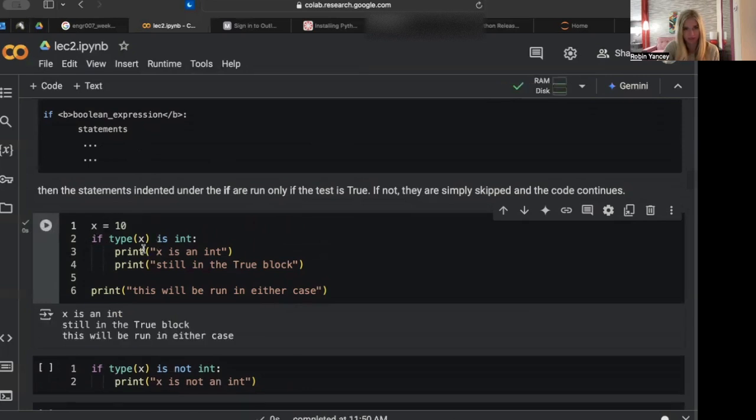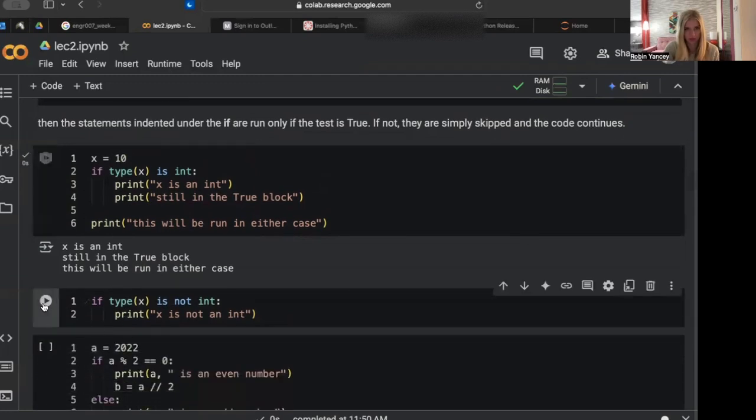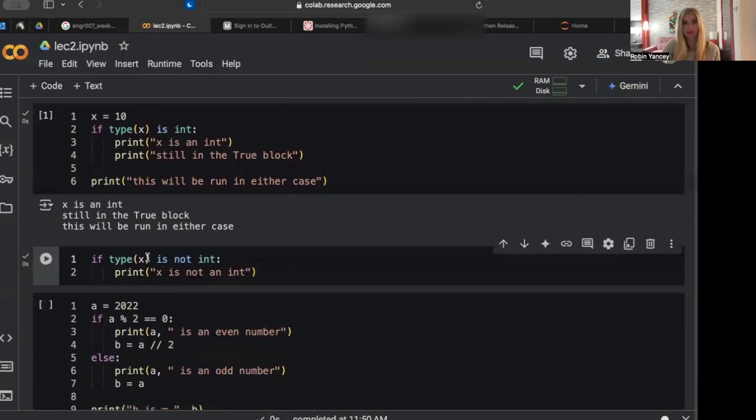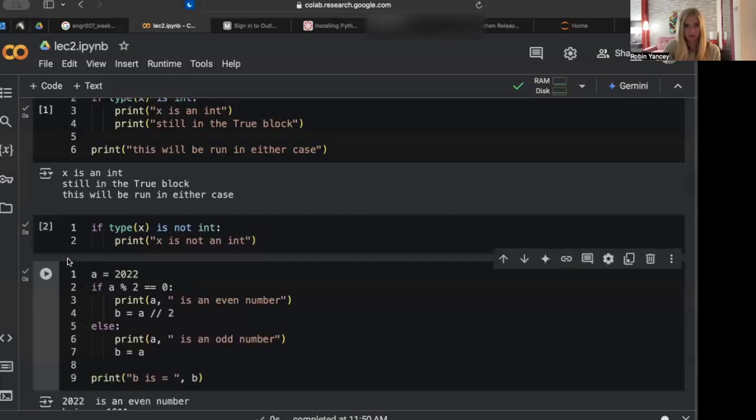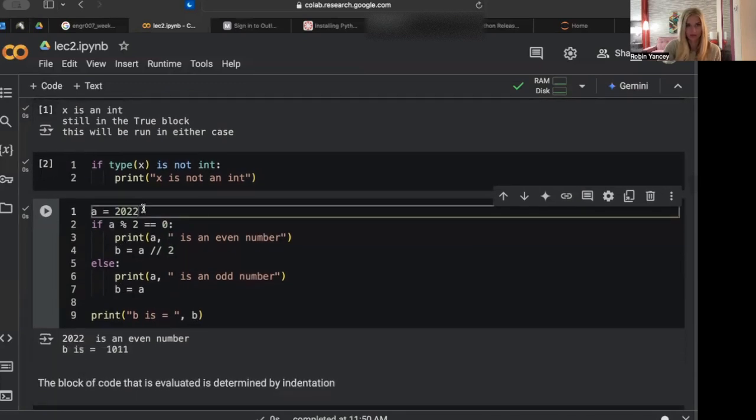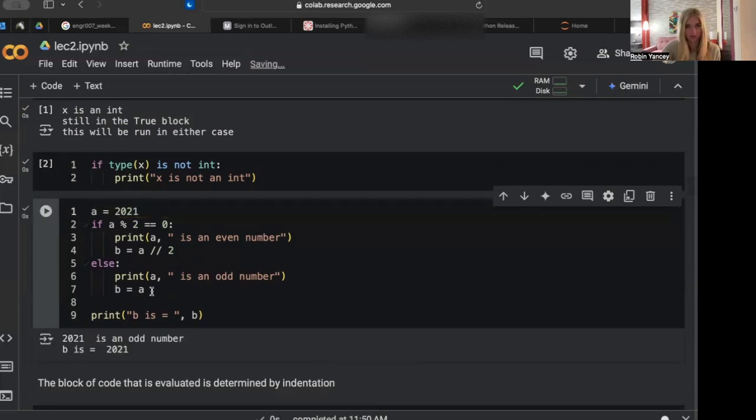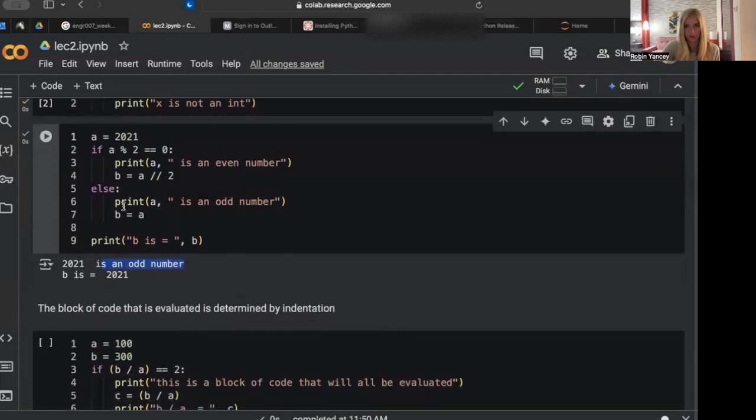So we have an integer 10. If type x is an int, all this will be printed. So yes, it is, so that should be printed, right? Okay. If type x is not an int, then this is printed, so nothing is printed here. So 2022, if it's even, then mod 2 will be 0, right? So this should print instead. But if we had 21, then it's not even, right? So the other code, print is an odd number, the other code block is evaluated,